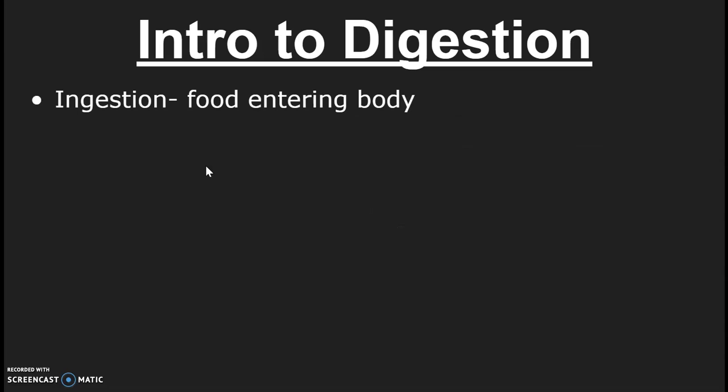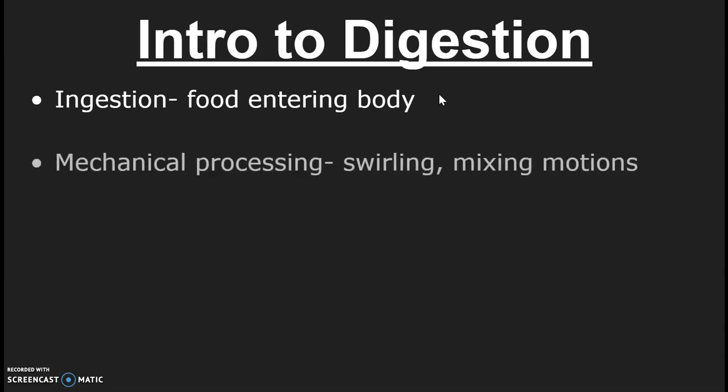A few key terms to be aware of that we'll use moving forward: the first is ingestion, or the food entering the body. So you're ingesting the food through the mouth. The beginning steps of digestion begin there with the mechanical breakdown of the food, and then some of the early stages of the chemical breakdown using some of the saliva. Another mechanical process is the swirling of the food in the stomach. So you think of the stomach as contracting around the food and mixing. We also talked about the mechanical breakdown of chewing, and also the use of the tongue to manipulate